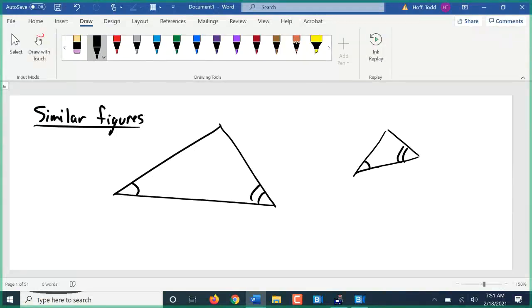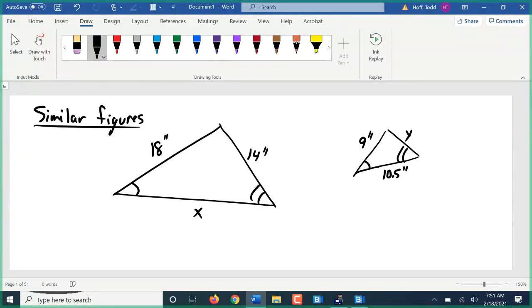If I told you that this side here, let's say this is 18 inches. Call this 9 inches. We'll call this one X. We'll call this one Y, and we'll call this here 10.5 inches. If I want to find those missing sides, X and Y, I first have to decide which sides